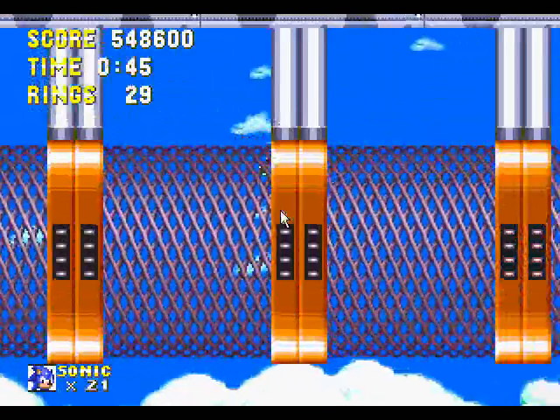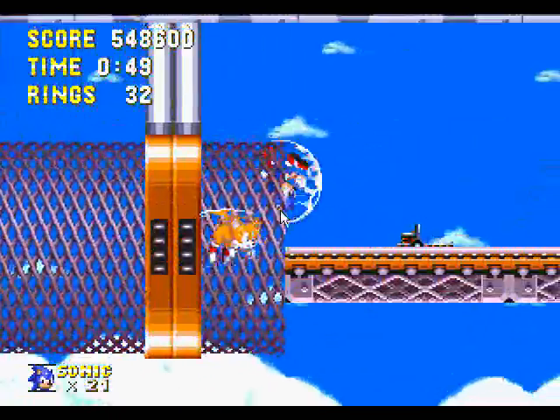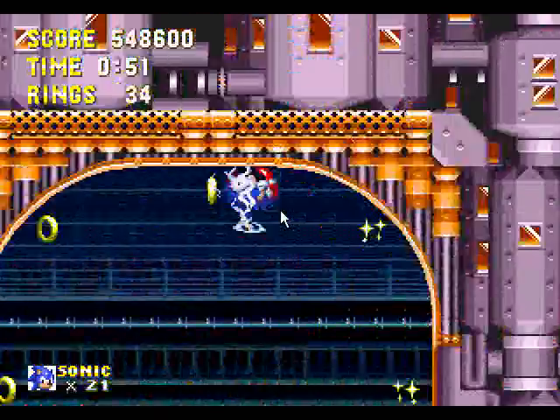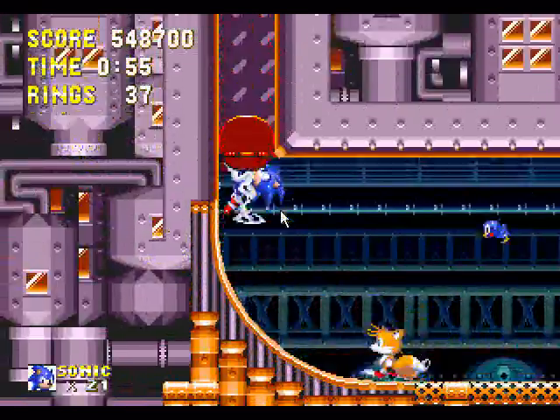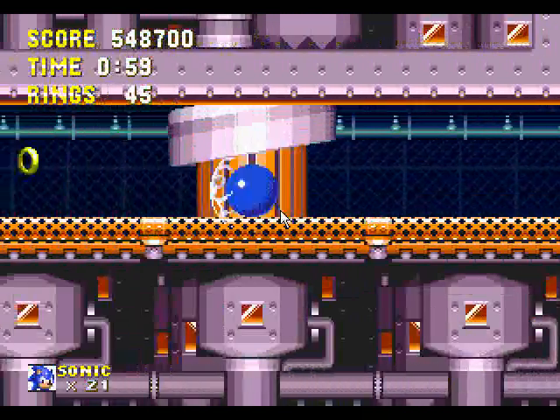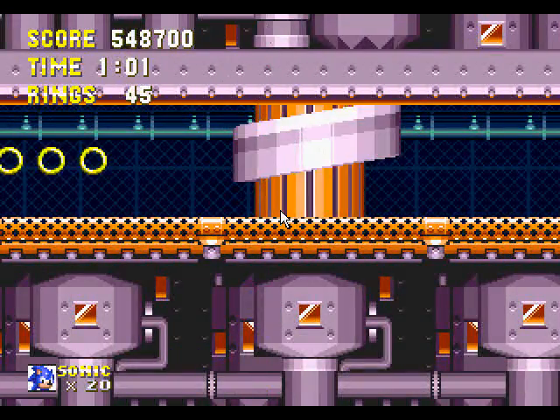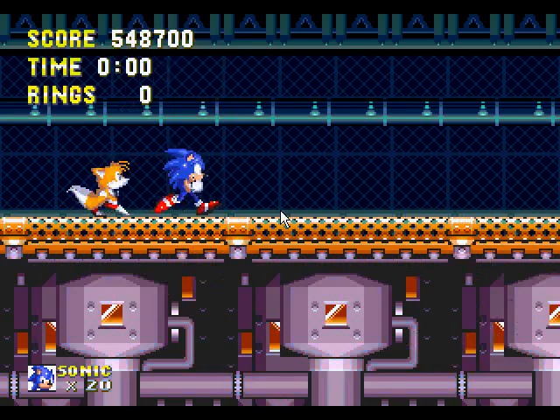Alright, we're in another outside area. Gotta go around these little loop-de-loops here, so gonna do that real quick. Beat some bad guys. Probably can go through the screens there. Oh, that's what I meant right there. See, you gotta dash under that at the right time or you die and stuff. So if you're going fast, it's easy to miss, so...